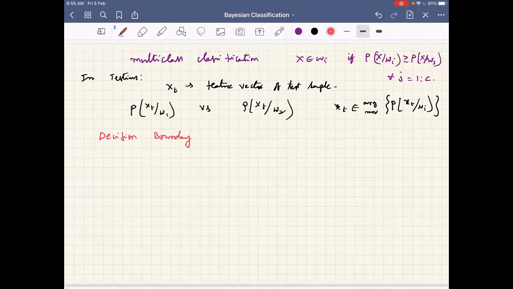Can't we plot the probabilities in that dimension and then find it? In 2 dimensions itself, plotting is too tedious. At most I may know that a mathematical expression exists. Say P of x given omega 1 is a normal density with mean mu1 and variance sigma 1 in 2 dimensions. Similarly, P of x given omega 2, if a nice model is there, I may be able to model it with mu2 and sigma 2.